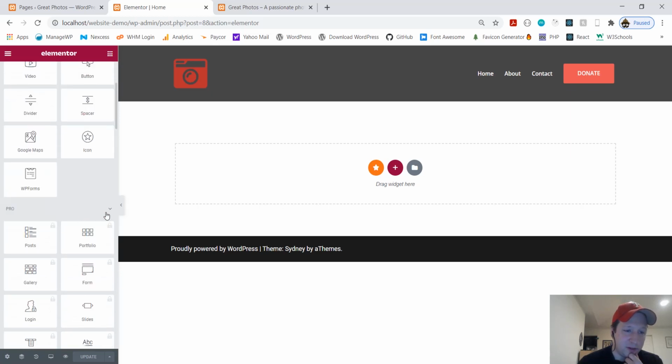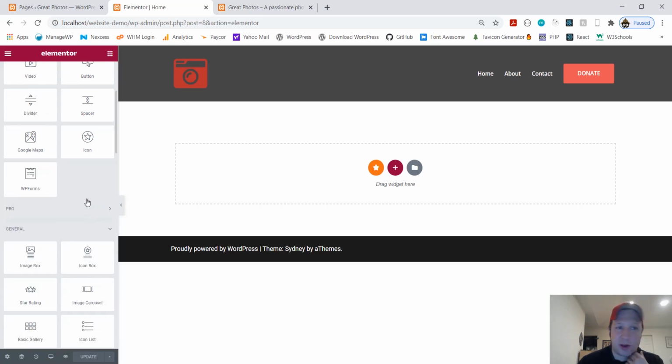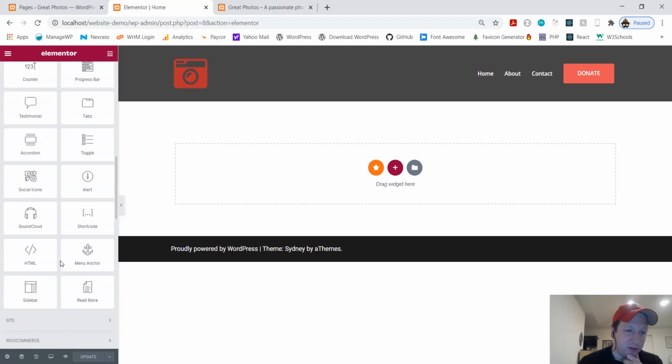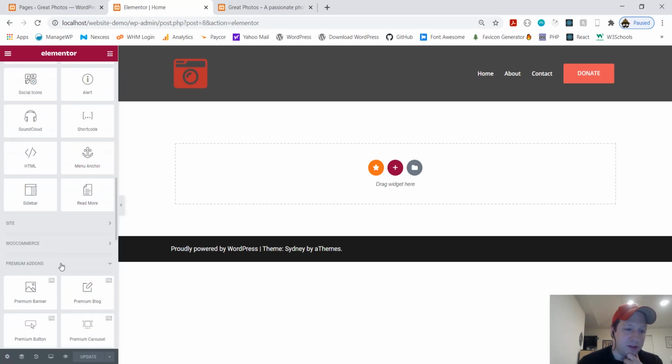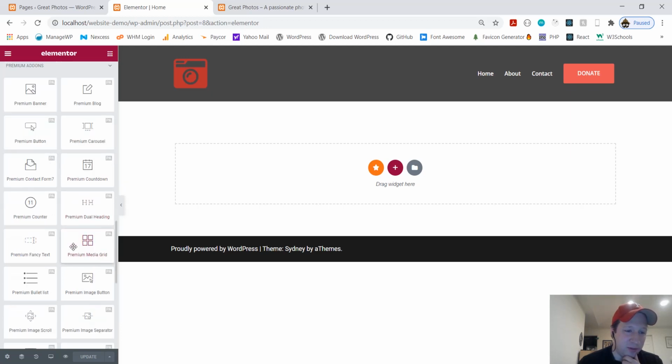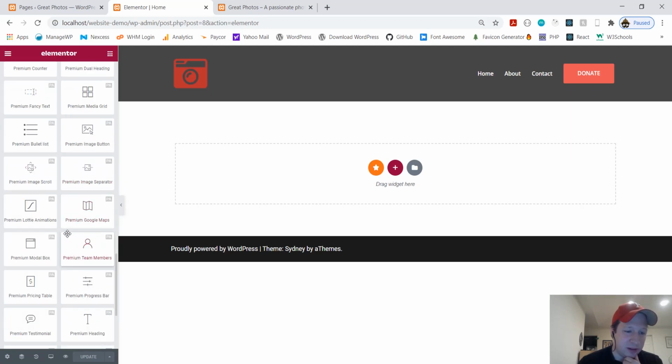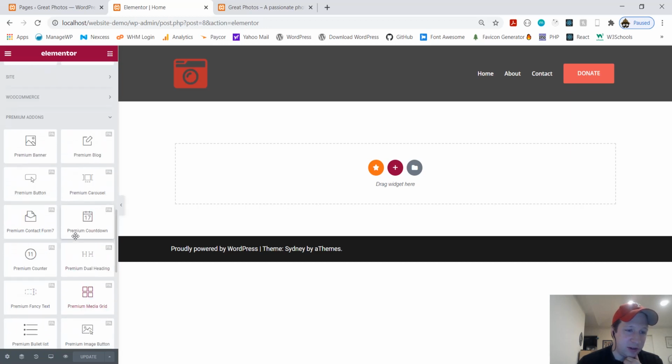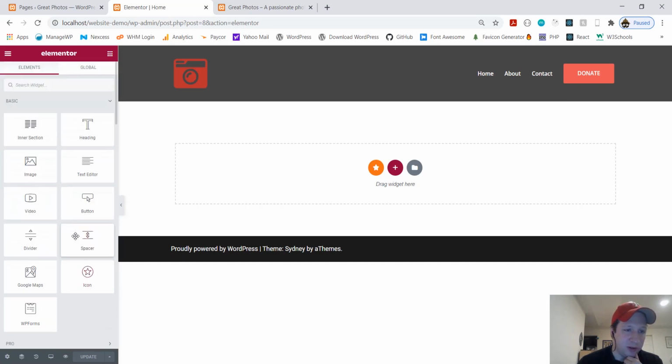But since, if you remember, we also added that premium add-ons for Elementor, that has some nice stuff and that's free. So see how it says PA here, premium add-on. So it's got some nice stuff in here. We'll try to use that. Basically, Elementor, you just have to play around with it, and it's really great. It's a really great interface. So let's get started.